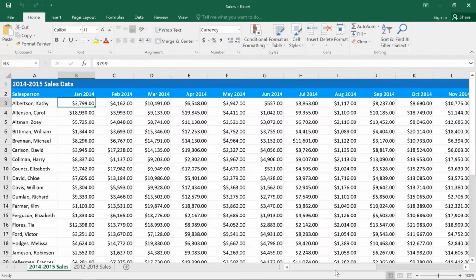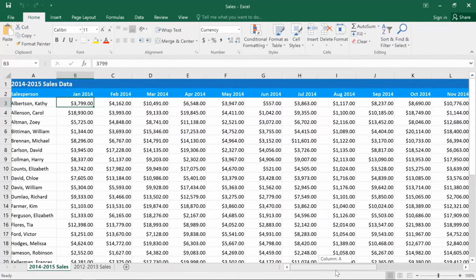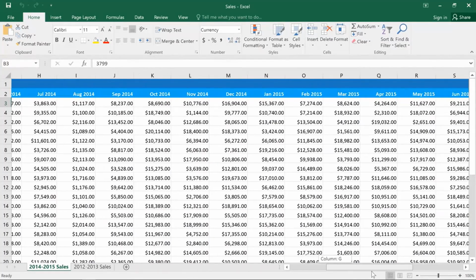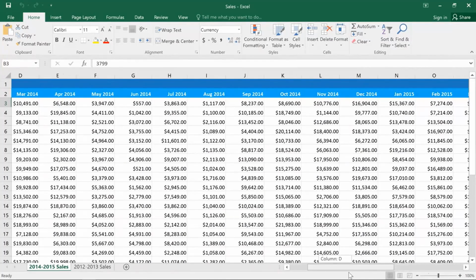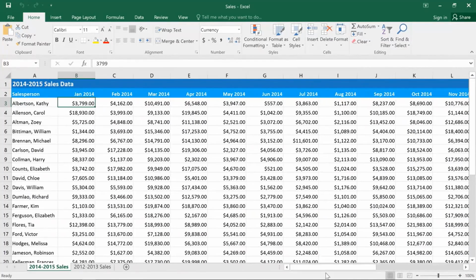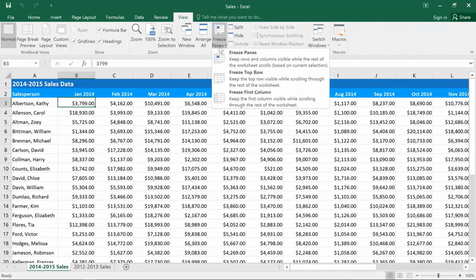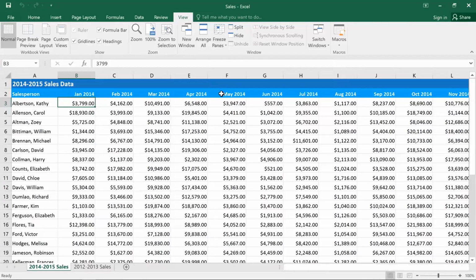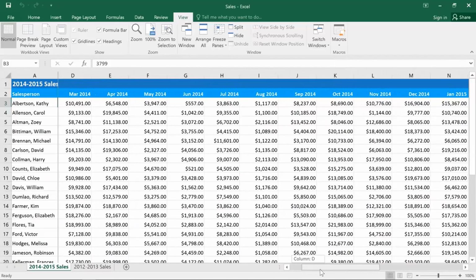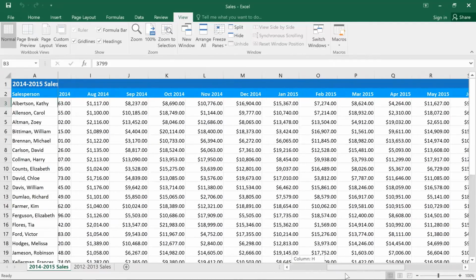Excel worksheets can have a lot of cells, and sometimes you may find that you want to view two different parts of the spreadsheet at the same time. For example, in this spreadsheet, I have a list of salespeople in the first column, but when I scroll to the right, those names disappear, which makes it really hard to see who the sales data belongs to. We can fix this by freezing the first column, so it will always stay visible. First, go to the View tab and click Freeze Panes. And you have a few different options, but we just want to freeze the first column. Now when we scroll, we can easily see the names of each salesperson, no matter where we are in the